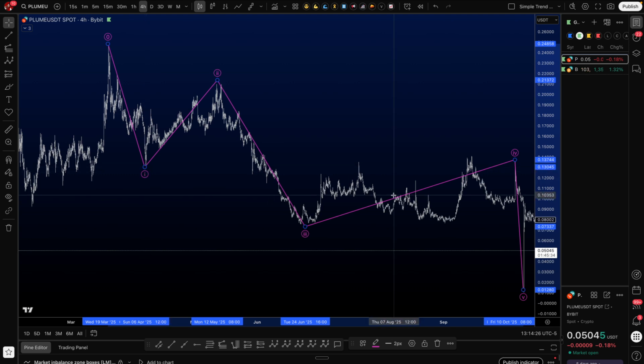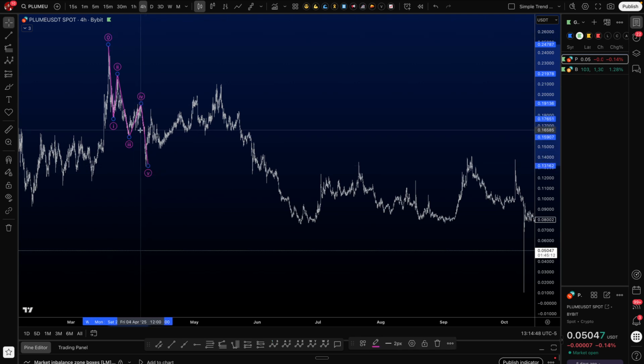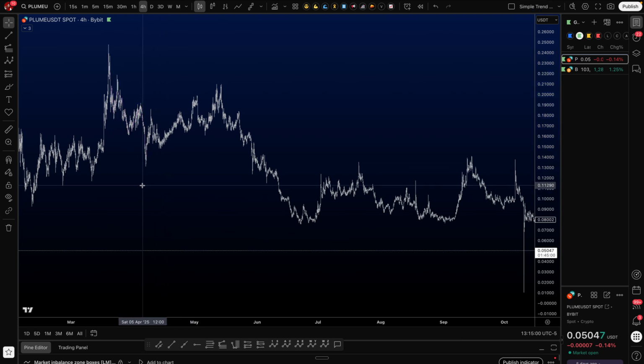One of the rules is 4 cannot track into the territory of 1. And so you see how maybe that's not 1 and 2. Maybe it's supposed to be 1, 2, 3, and then where's the 4 go? It can't go here. Or 3, that can't be 4 unless, I mean, maybe that's a diagonal, and then this is 2, but then you still get, this is the end of a bigger 1. You follow where I'm going here, right? So that's one of the biggest challenges with Elliott Wave